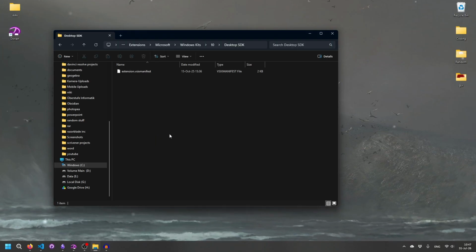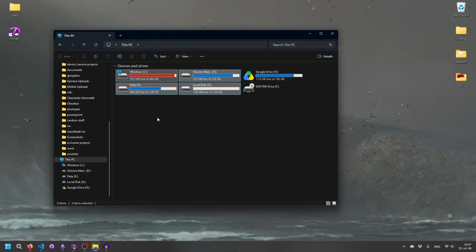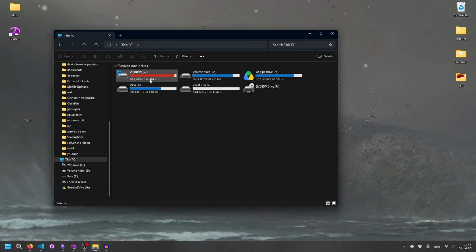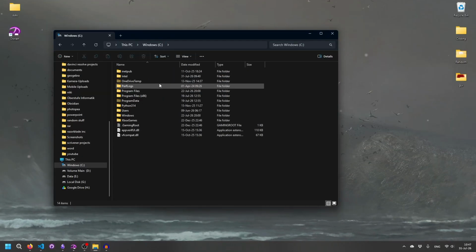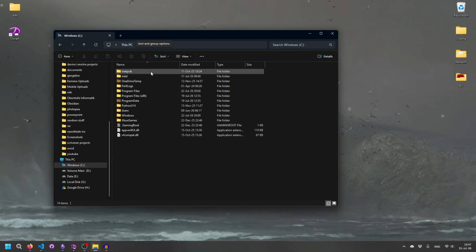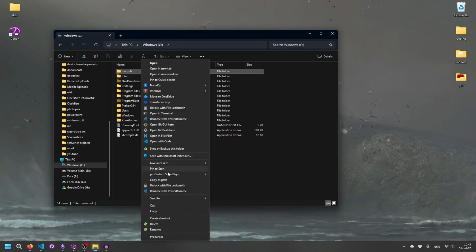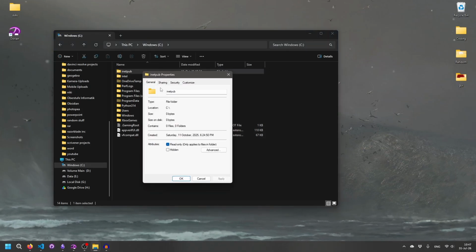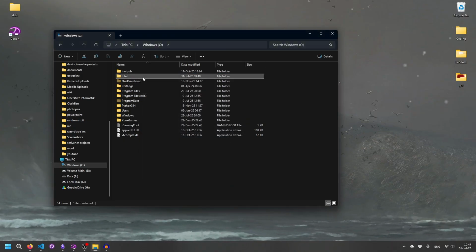But let's see a few applications of how you can use this feature. So I have pretty limited disk space. My C drive seems to always be full, and what I would usually do to clean up a bit of space is go into the folder, right click every single thing, then wait a bit because the context menu is so slow, then go to properties and then see how large it is, then go to the next one, right